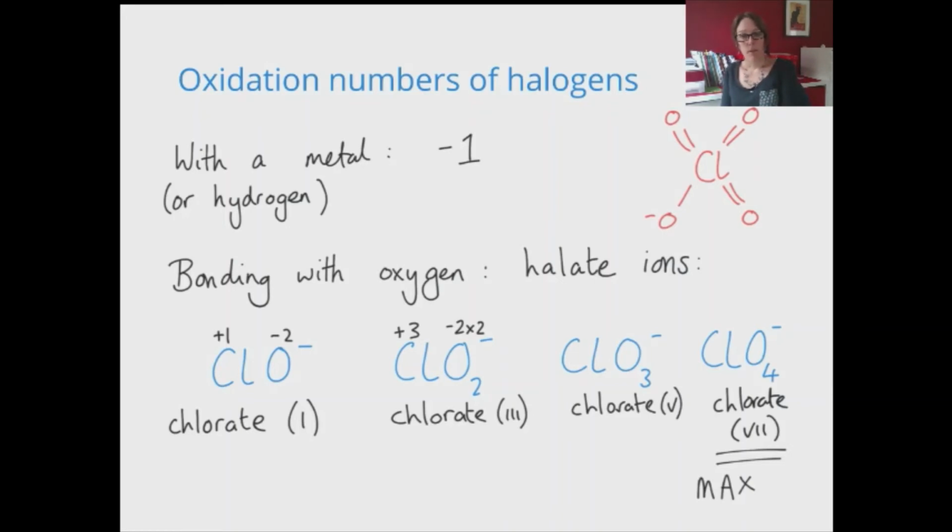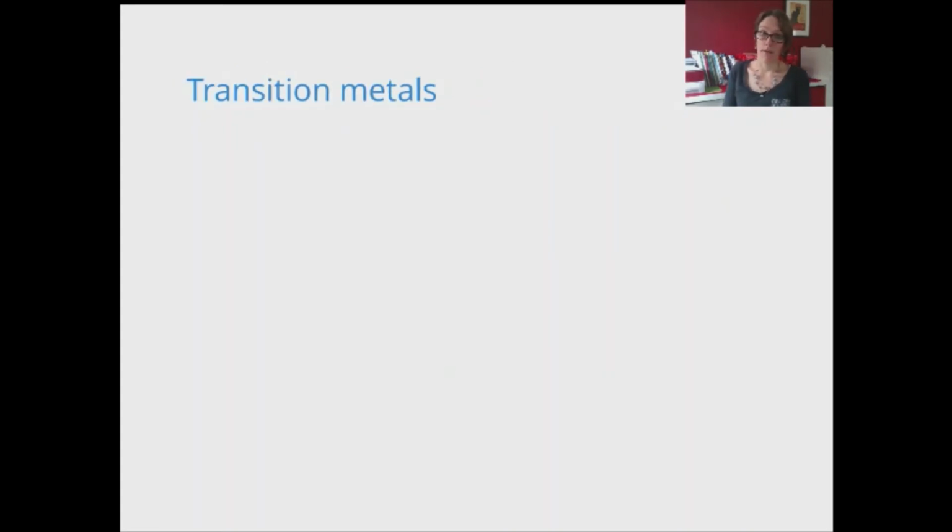So that's the maximum we can have. And as I said, iodine and bromine could do the same thing. So +7 is the maximum, -1 is the minimum because that's the most negative ion that we can form. There are lots of different trends in oxidation numbers that we can see in the periodic table related to their position